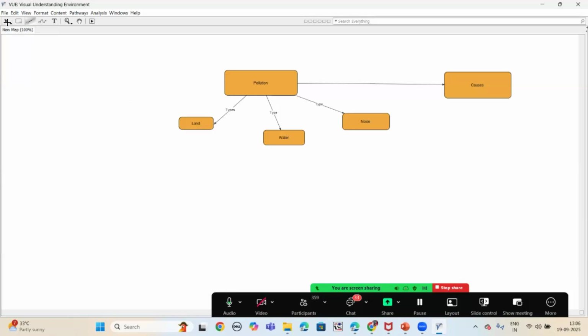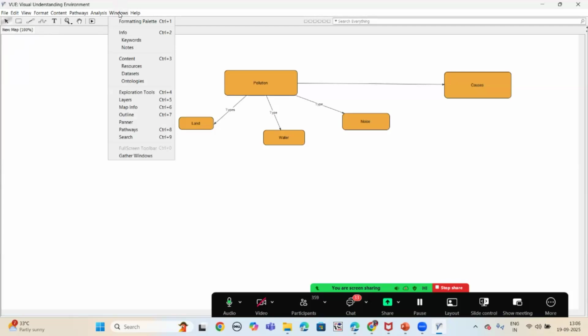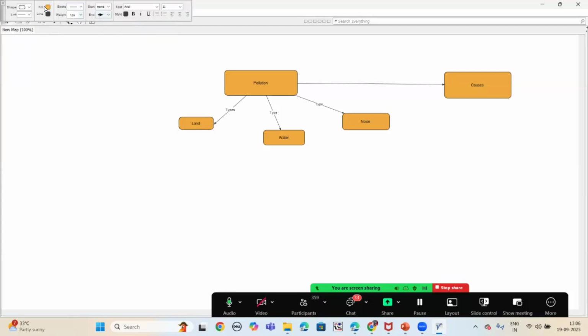So I go back to the cursor and click on it, and see, my cursor has become normal. I just click on the window option, and under the window option, you will find the formatting palette. With the help of this formatting palette, you can format the concept map which you have just drawn.